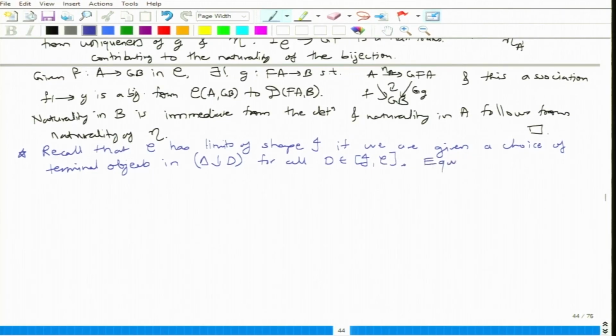Equivalently, C has limits of shape J if